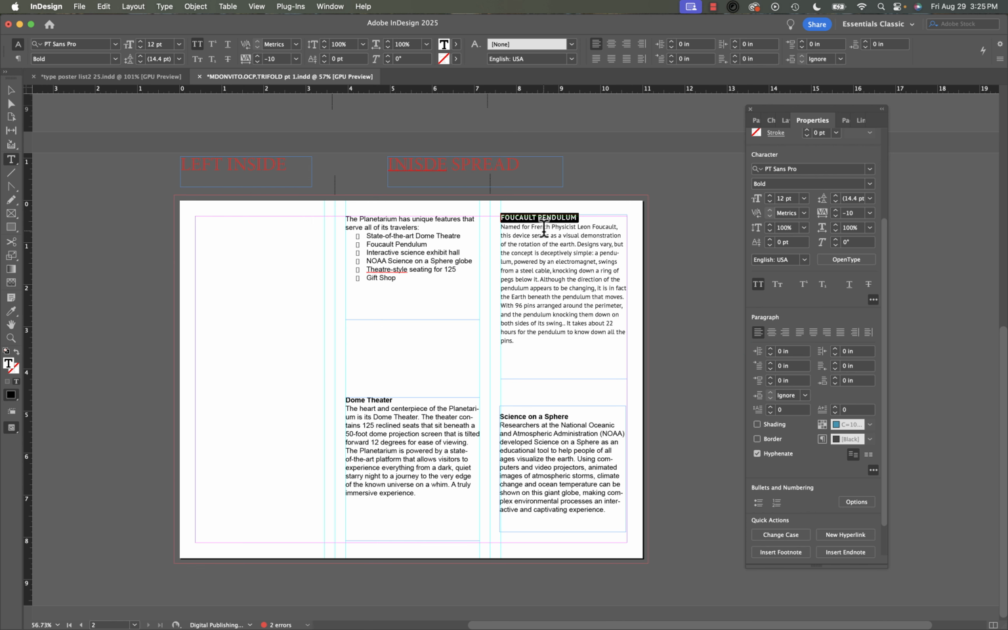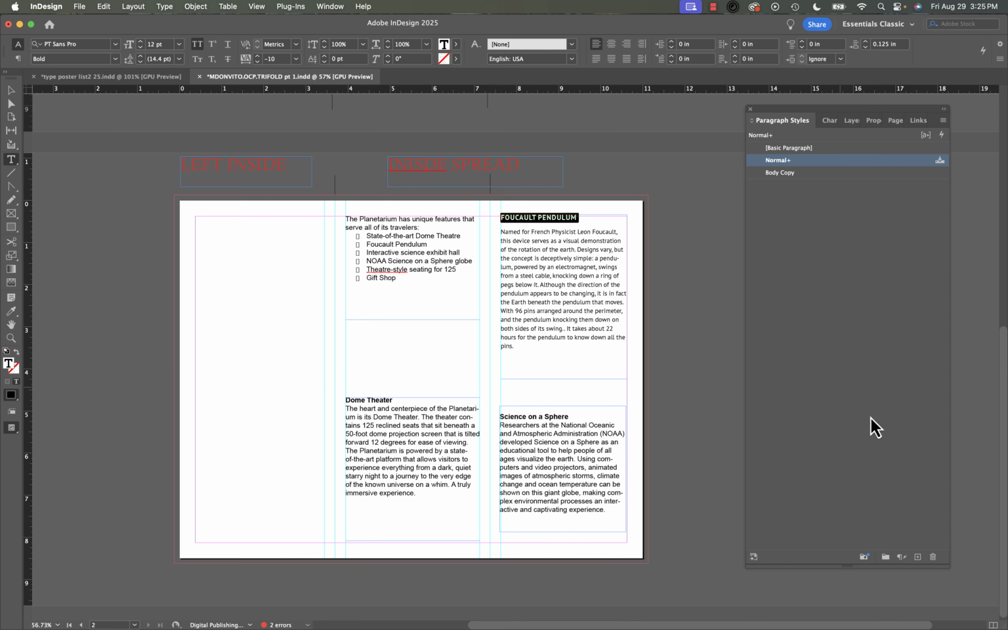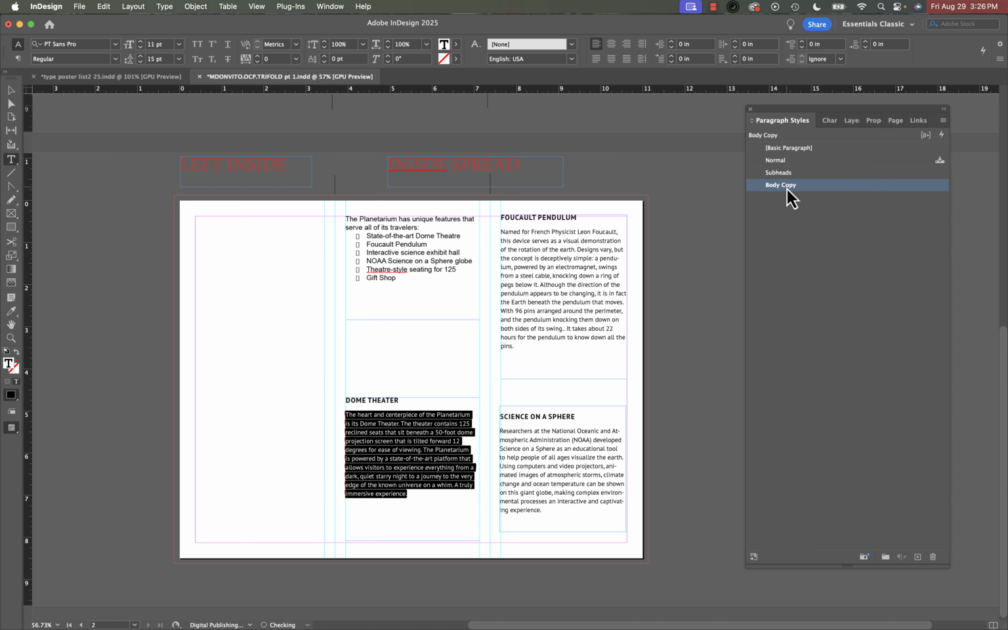I want space after. Do you see how the type is right on top of the body copy? I don't want to put a return in there because that's too much space. I just want a little bit. So again, I can do it here in the paragraph on the properties panel or up in the control panel. All I'm doing is adding a little space. So right now I have 0.125, and then I'm going to go here and I'm going to hit the plus. It gives me a new paragraph style. I'm going to call this subheads. Now all I got to do is call all this out. So Science on a Sphere, this is subhead, this is body copy, subhead, body copy,